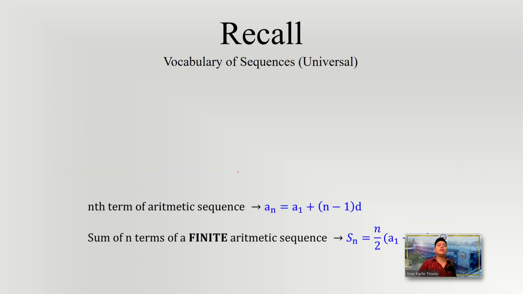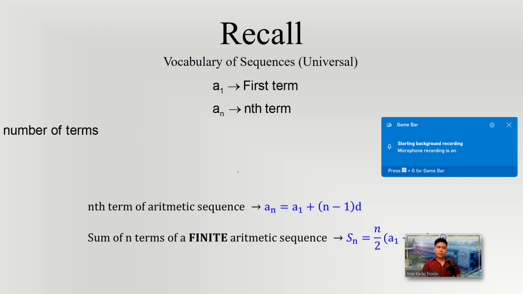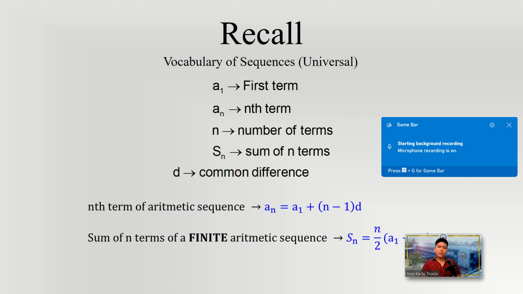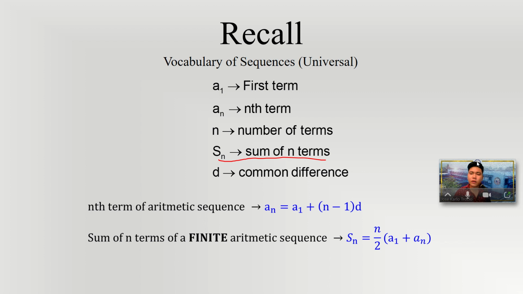Let's continue. Let us recall first term, nth term, number of terms, sum of n terms. We kept on using this earlier, but now we will be using this. And again, take note of the equations. We were able to derive this sum